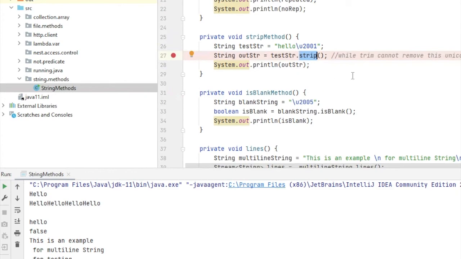So let's see what will happen when I execute this. The first and last methods are clear, we will just go to these two methods directly. So here hello with this Unicode, if we click here, see, now this space is removed, and also you can see isBlank is returning true. So this is the basic difference between these two methods.